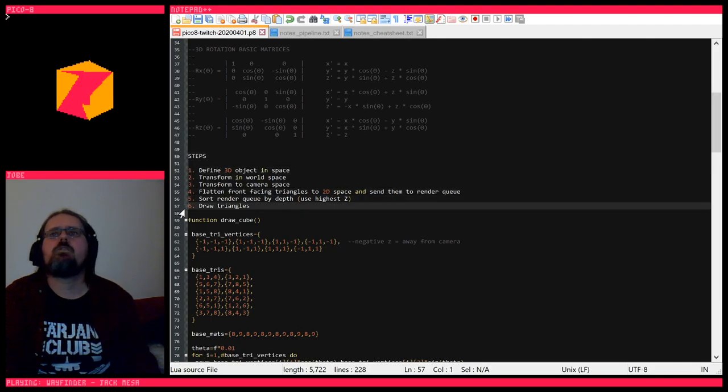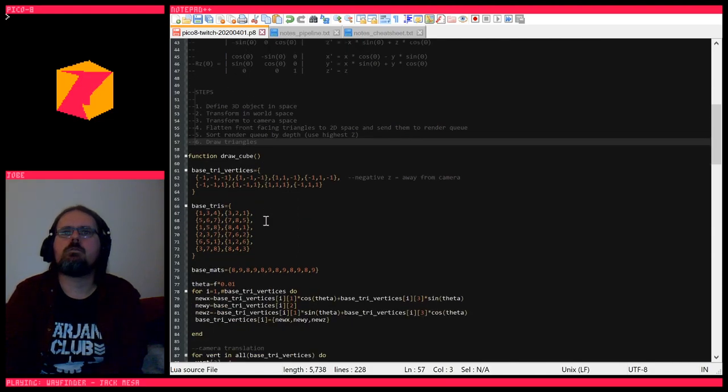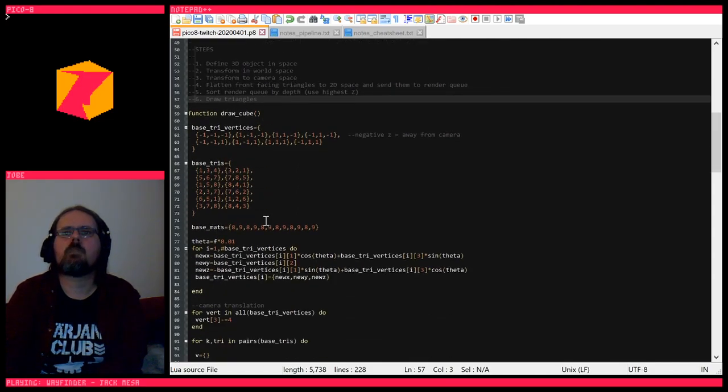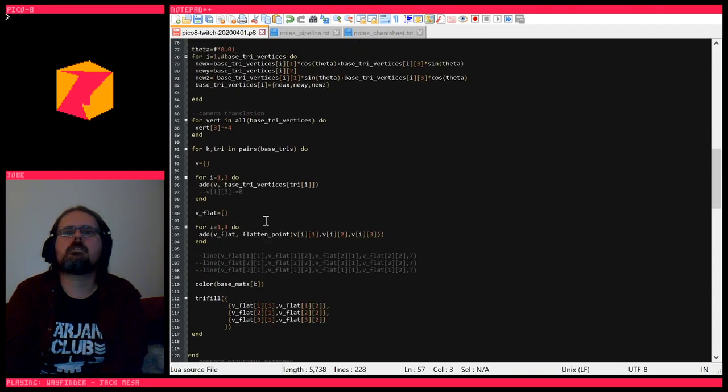We're going to be using the highest Z value, that is the closest to the camera, of each of the triangles. So we're going to need to, yes, so